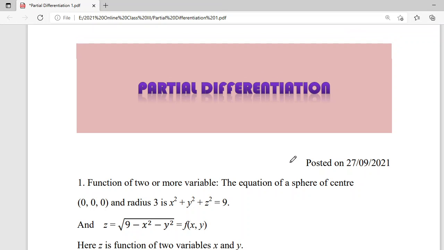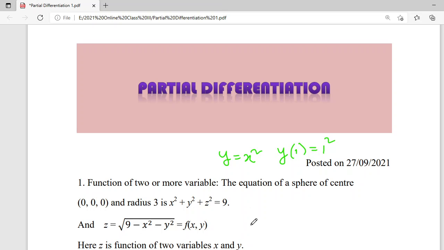When we say y is equal to x square, then it is a function of one variable. So if we write y of 1, this is equal to 1 square, like this. When it's a function of more than one variable, we write this as a function of x, y. So x and y are independent variables and z depends on x and y. So f of x, y is equal to z, and this f of x, y is root over 9 minus x square minus y square. Just like y is equal to x square, y of 1 is equal to 1 square, in a similar way,